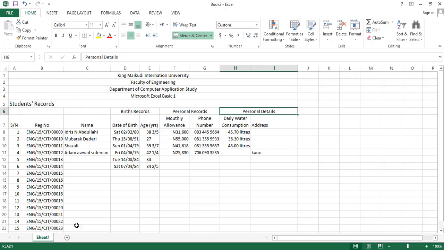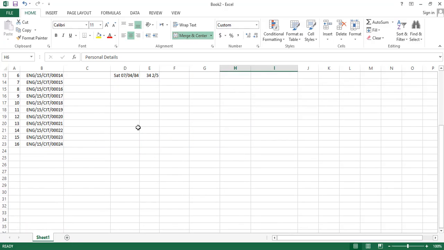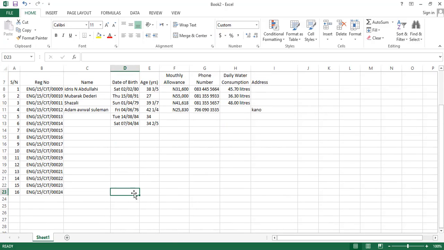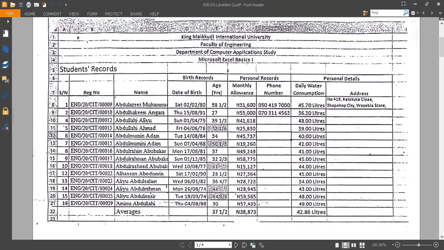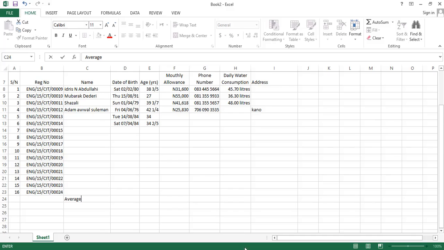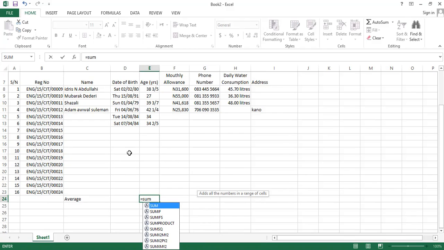So at the last here we're gonna have, under the names, the last one we have average, then we have the sum of the total age, then the sum of the allowance, then the sum of the daily water consumption. So for age you come down to the column for age, then write equals to sum,